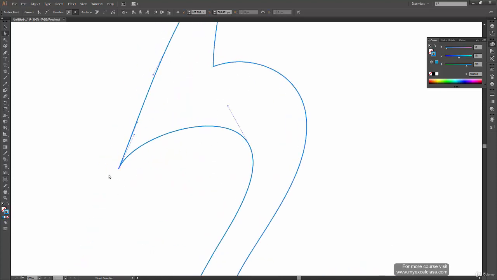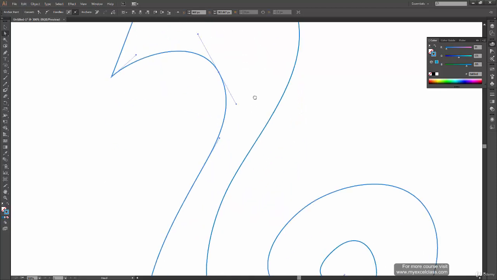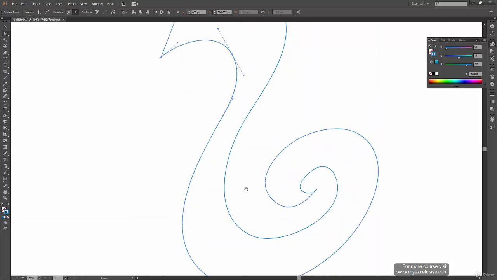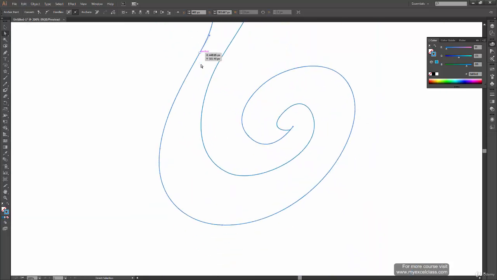Now this corner is really sharp, so I might want to reduce this sharpness a bit and move it somewhere over here. Okay, so let's see how it looks now. Okay, it looks really good. And this path has come out really good. This part is perfectly fine.